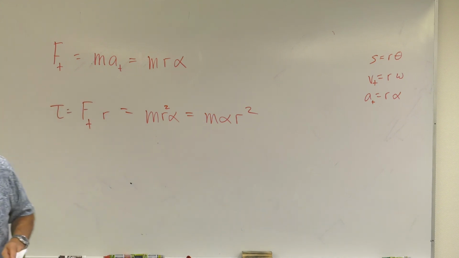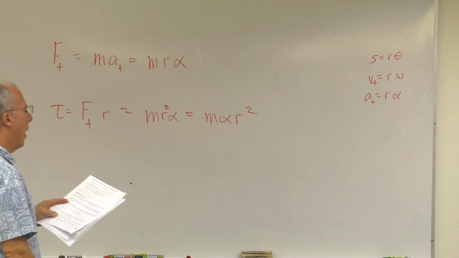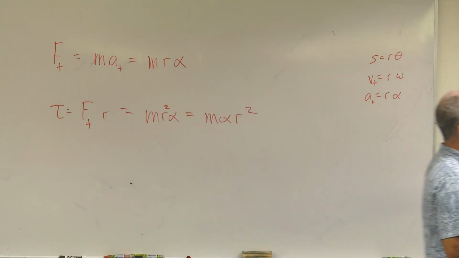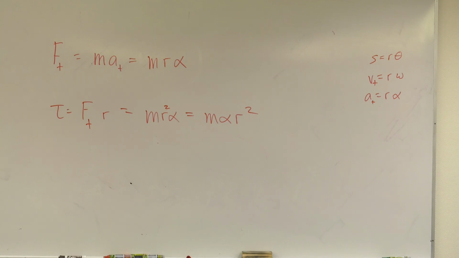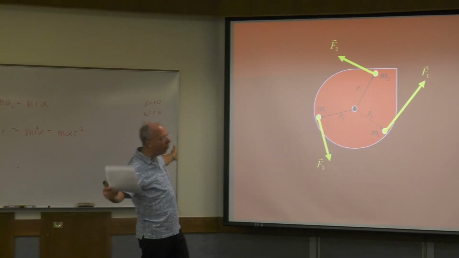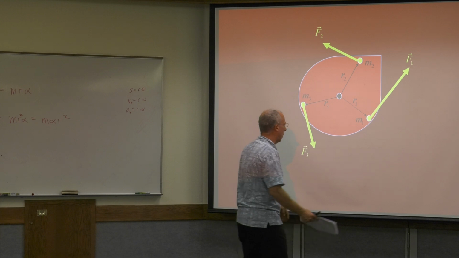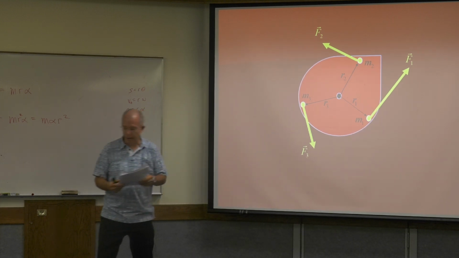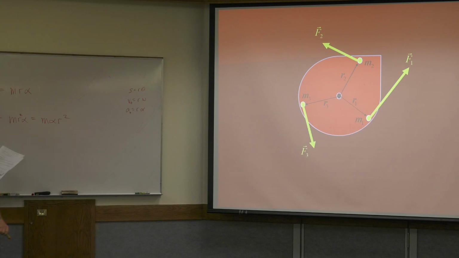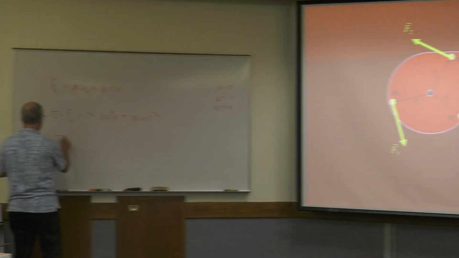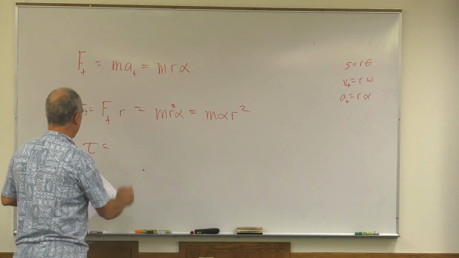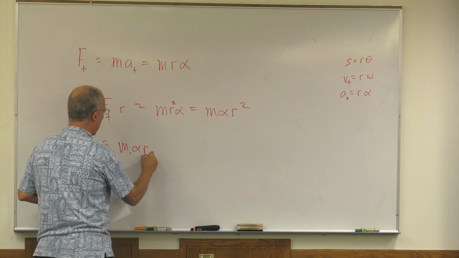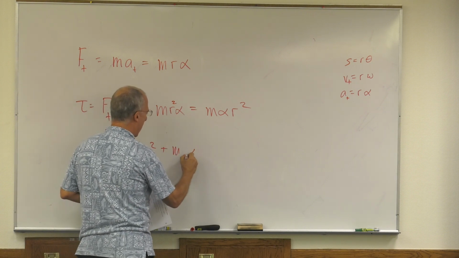Now look, this is a blob, and each point here is a molecule. So there's gazillions of molecules, right? I'm just showing you 3 of them. So what we want to calculate is the total torque for every single molecule. Oh my gosh. All right, let's just do it. Just be brave. So the net torque, just use that equation: m1 alpha r1 squared plus m2 alpha r2 squared